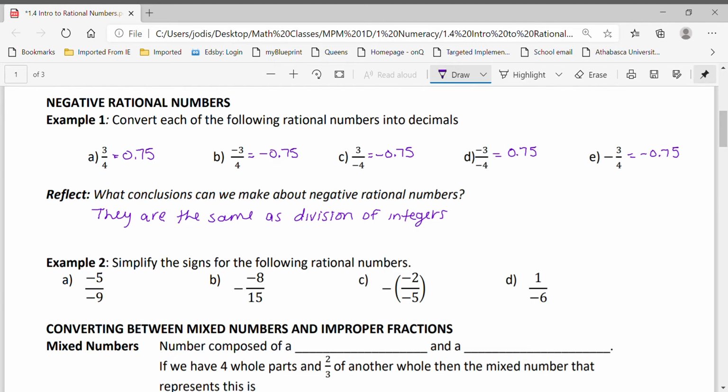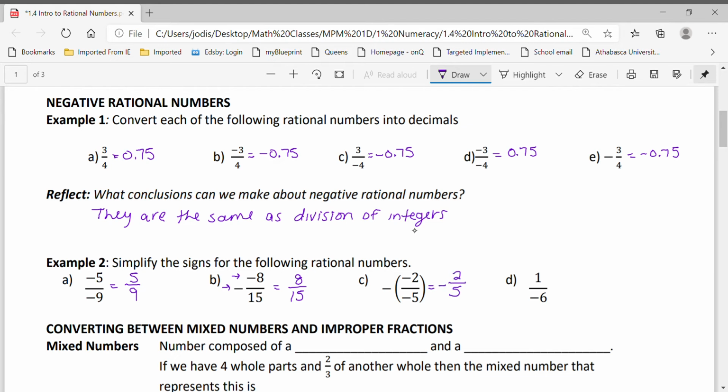For example 2, we want to simplify the signs. So simplifying signs means, well, if we have -5 over -9, negative divided by a negative is a positive. So this is the same thing as just saying +5 over +9. If we have a negative on the top in part B and in the middle, it's the same idea as having two negatives, just like in example A. So this is the same thing as saying +8 over +15. In example C, we have two negatives inside the brackets, which give us a positive, but then this third negative on the outside of our brackets, that's going to stay, and we're going to end up with just a -2